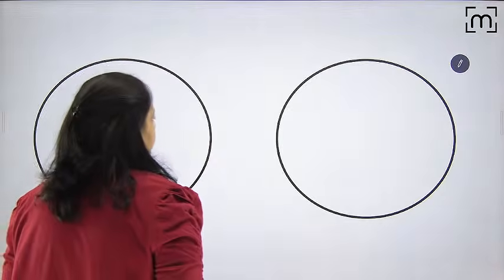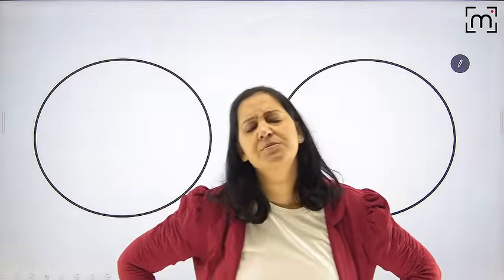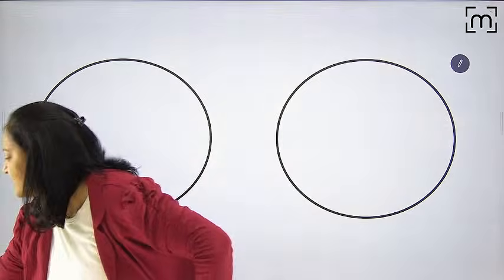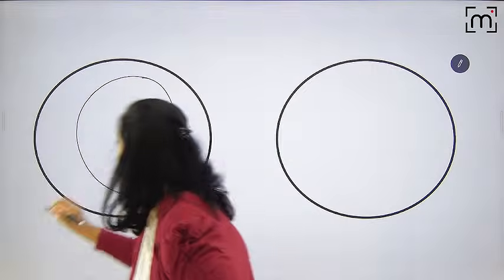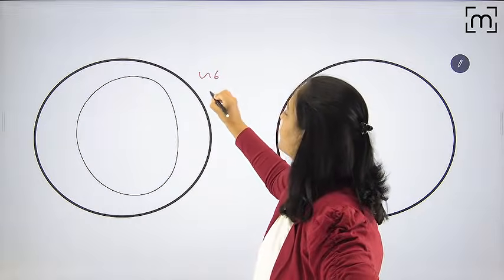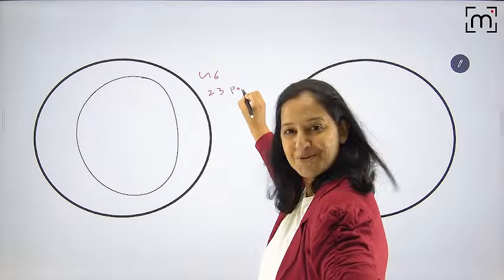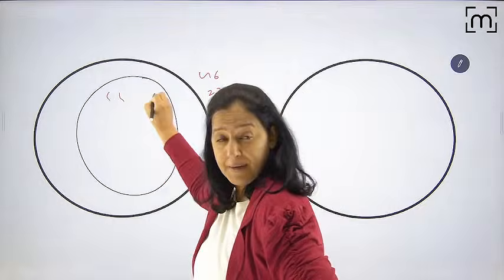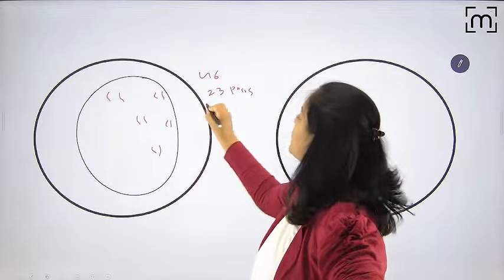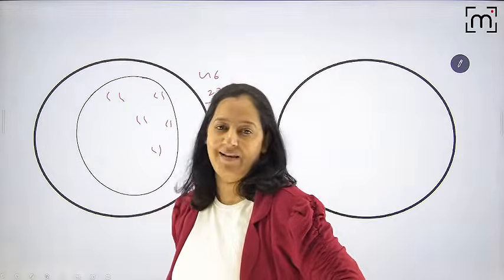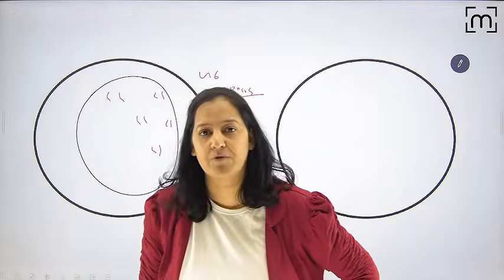Bacterial genetics. Humans, how many chromosomes do humans have? You know how many chromosomes human cells have? Yes, humans have 46 chromosomes. Rather than saying 46 chromosomes, you can say 23 pairs of chromosomes. Pair number 1, pair number 2, pair number 3, pair number 4, pair number 5, likewise. So a total of 23 pairs are there. The nucleus of a human cell has 23 pairs of chromosomes.